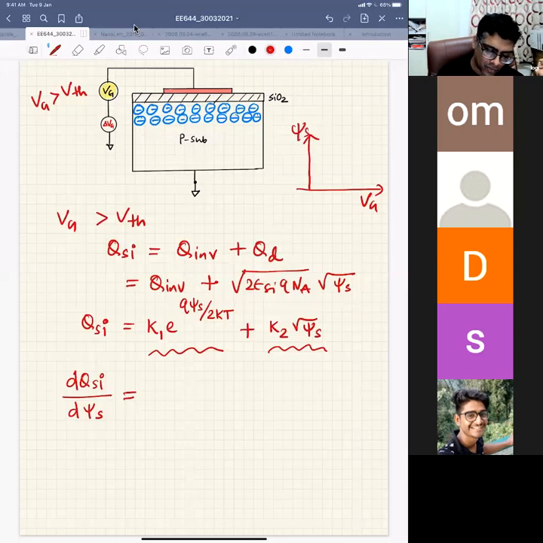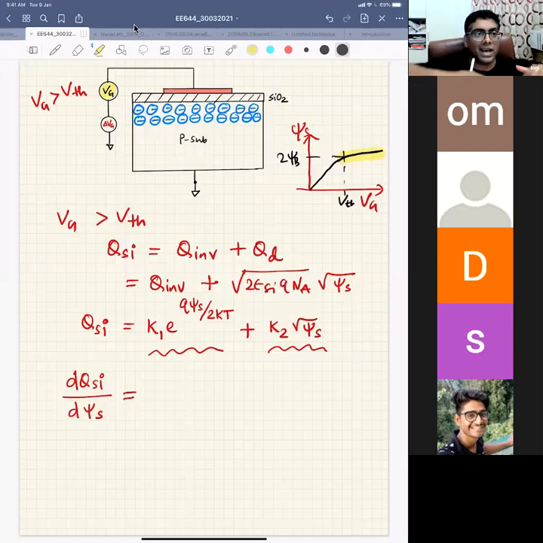right? So we saw that your psi s is almost fixed at 2 psi b after inversion. There is a very small change, but there is a change, and we assume that this is fixed, right? But there is a very small change. So you could see from here your depletion charge is almost constant,